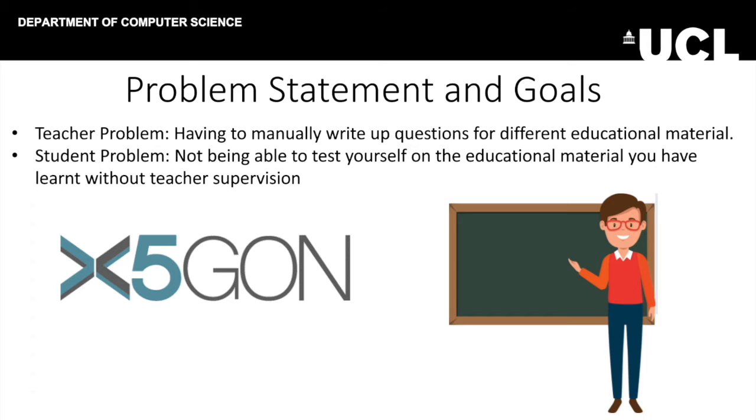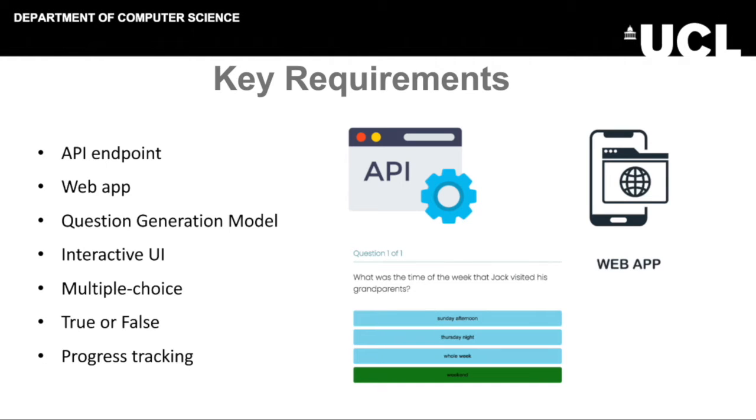Now let's have a look at the key requirements. Our key requirements for the project are an API endpoint that will host the question generation logic, a web application that can interact with a user and have a backend database for user information, a fully functional question generation model, an interactive interface to show if the user got the right answer to the question, a question generation logic that can generate different types of questions, and a way to track user statistics to show personalized information on the